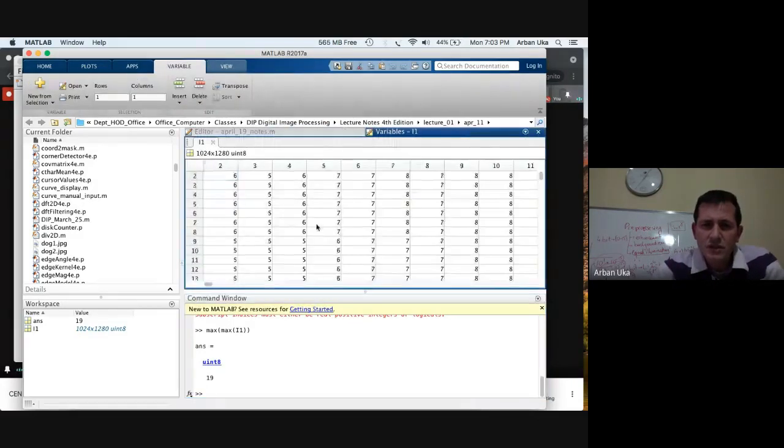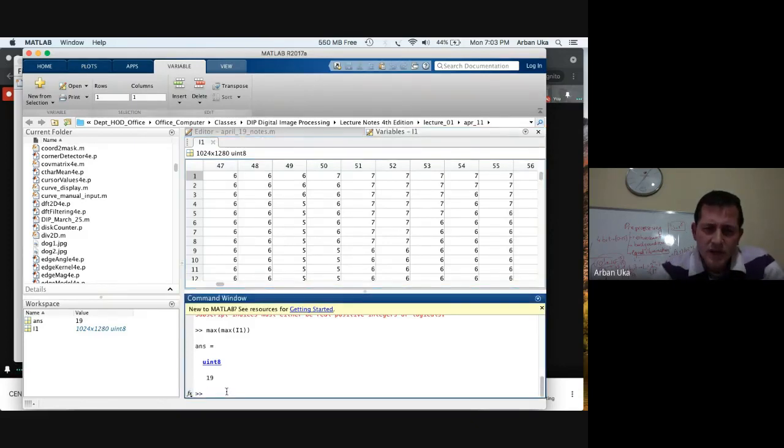So this was the pixel itself. Apparently, most of the values are from 6 to 7. So it looks like all the pixels are found in a very narrow range, even though they can be stretched out from 0 to 255. By the way, 255 divided by 19 is about 13. So what we can do is multiply this original image by 13, and we can see something which looks better.